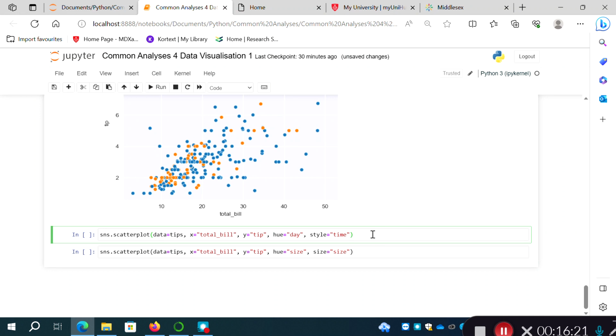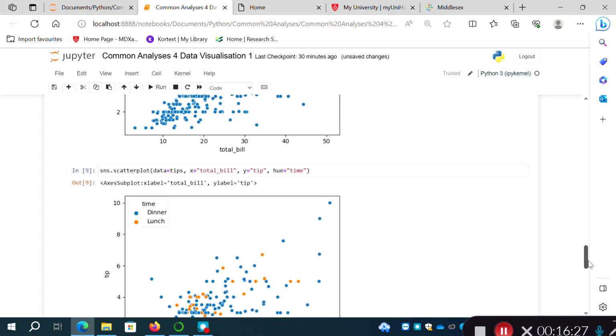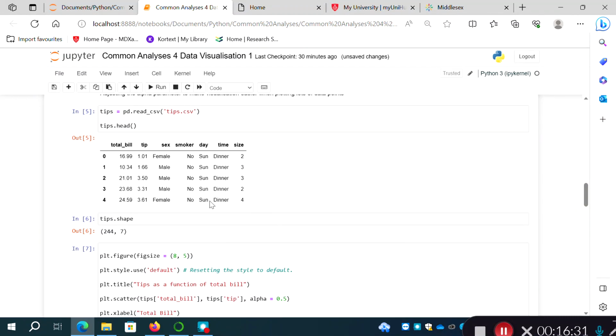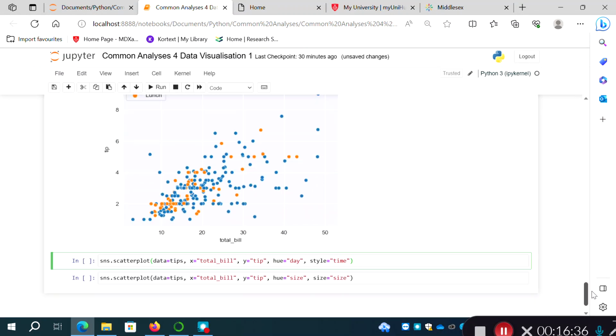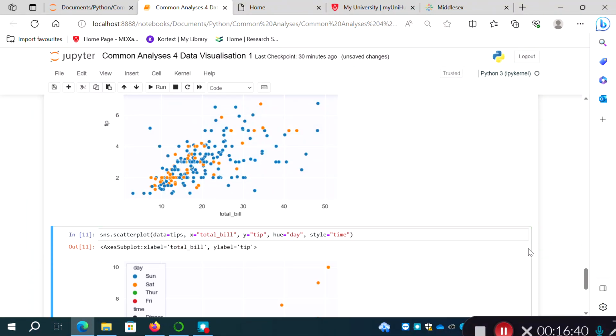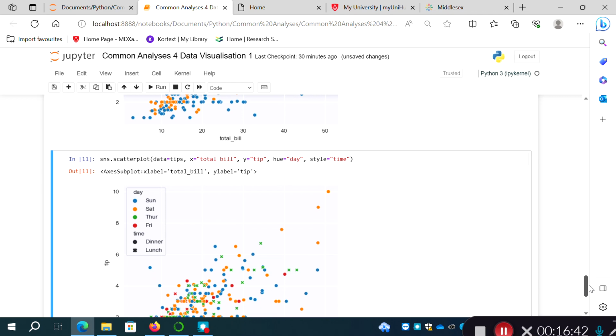Okay, so just a couple more things I'll demonstrate. Same sort of thing, I'm just going to add an additional parameter here of hue, and that's going to be the day of the week. So in the tips data set here, you can see we've got day, Sunday. I believe the days recorded in that particular data set are Thursday, Friday, Saturday, Sunday. And if I run that, what you can see is